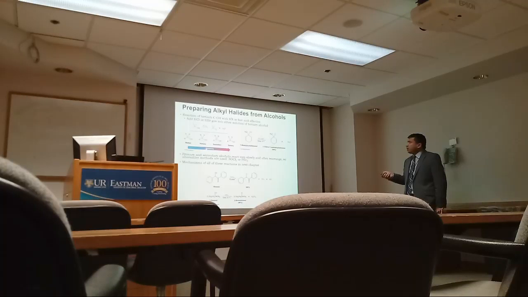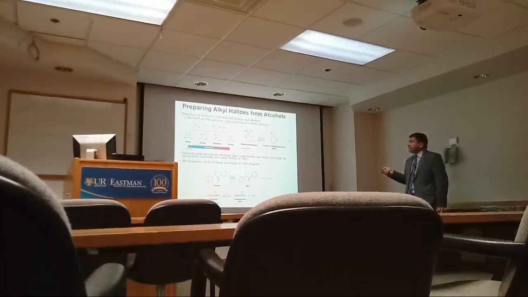So the reactivity increases as you go down for these molecules with halogens. That's why this reaction of tertiary alcohol with hydrogen halide is fast and effective. Why? If you add HCl or HBr gas into ether solution of tertiary alcohol, this is what would happen. You have a